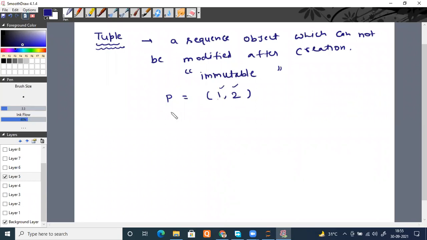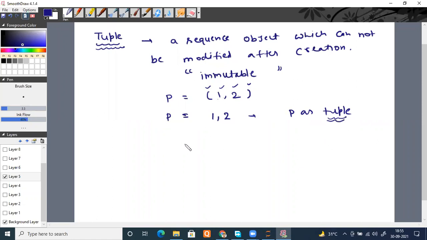But one more thing: if you don't put a bracket here and type 1, 2, still the Python interpreter will assign P as a tuple. Remember this thing. So if you forgot to put your brackets, it will consider it a tuple.